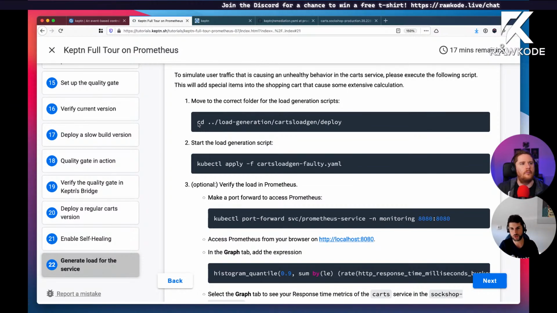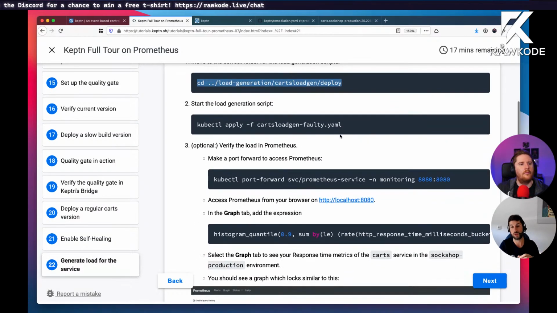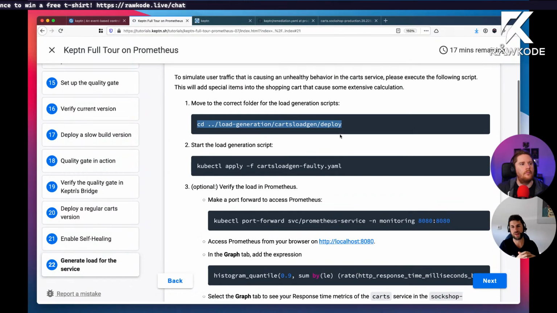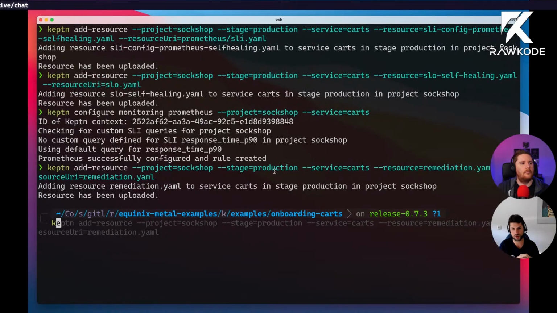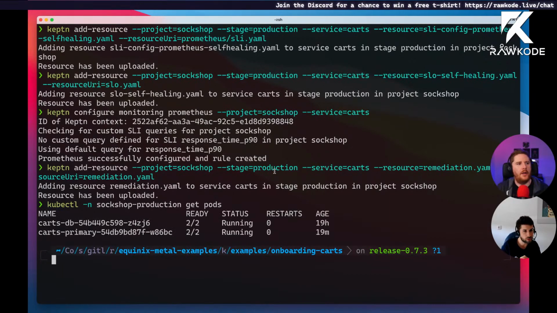We will apply a load generator that will add all those faulty items into a shopping cart that will slow it down quite drastically, and then we should be able to see that the response time is degrading, and Keptn will kick off the remediation. Okay, so right now we have